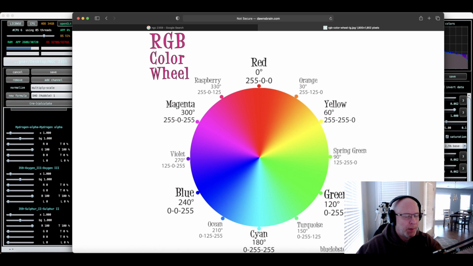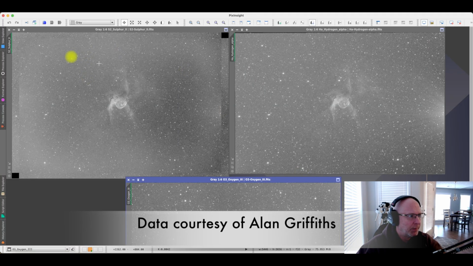gas. In fact, if you put these two side by side, we have sulfur 2 over here on the left, we have hydrogen alpha here on the right. You can see that these are fairly equal in the amount of gas that's there. The exception here, and these are of equal length, both of these are like 5,180 seconds combined per stack. So same amount of images with the same amount of time in both of these stacks. However, it appears we have just a little bit more sulfur in the side than we do of the hydrogen